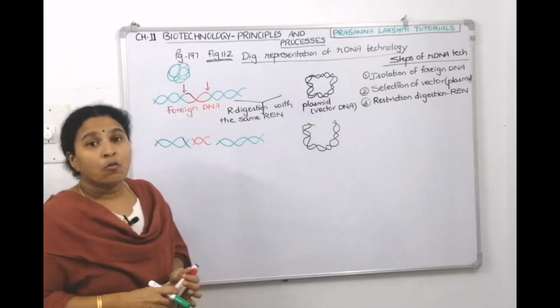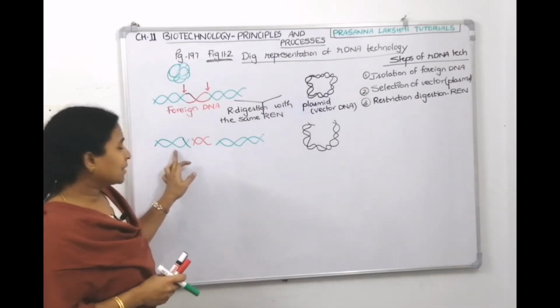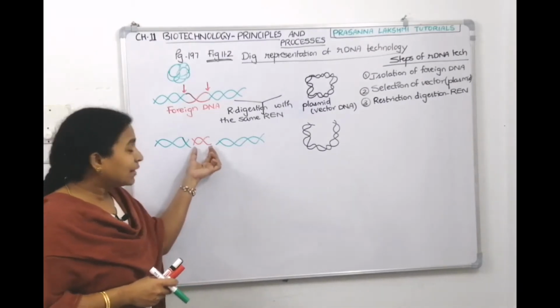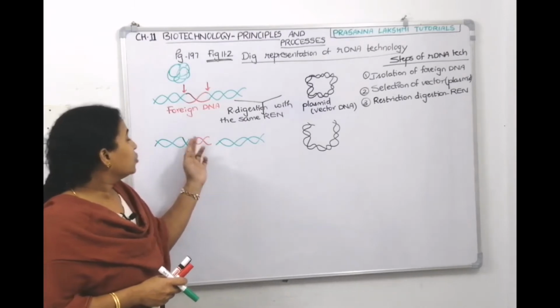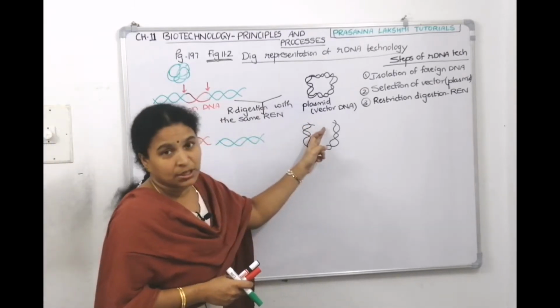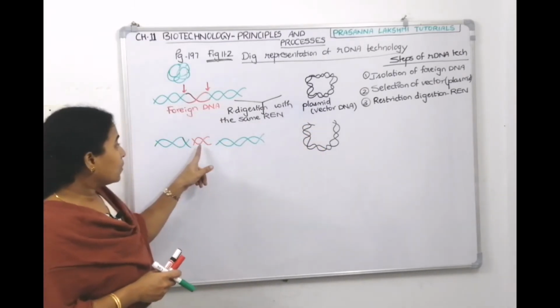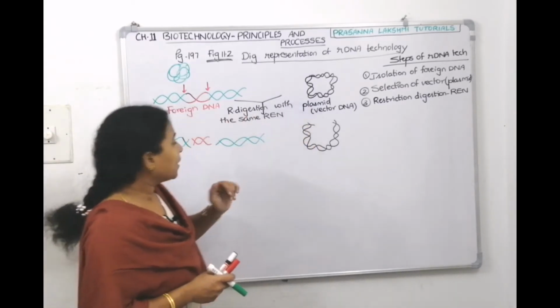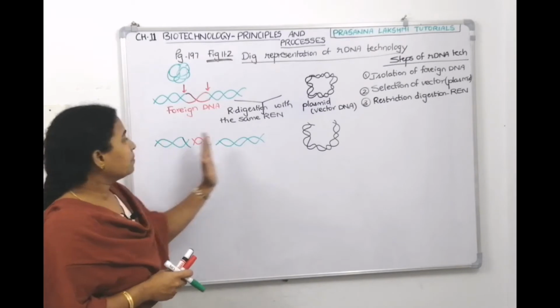Now come on, tell me, what do you want here? Do you want this green colored DNA and this green colored DNA also, or do you want only the red colored gene which later you are going to introduce here? Correct? So you will take only this one, and we will try to insert it here. That means we don't want this one and this one.